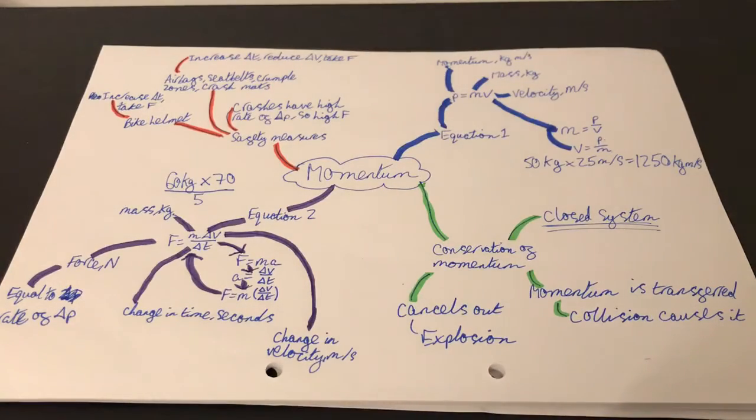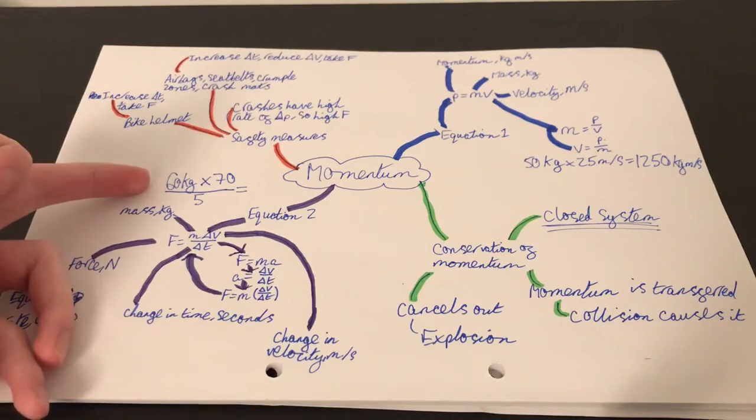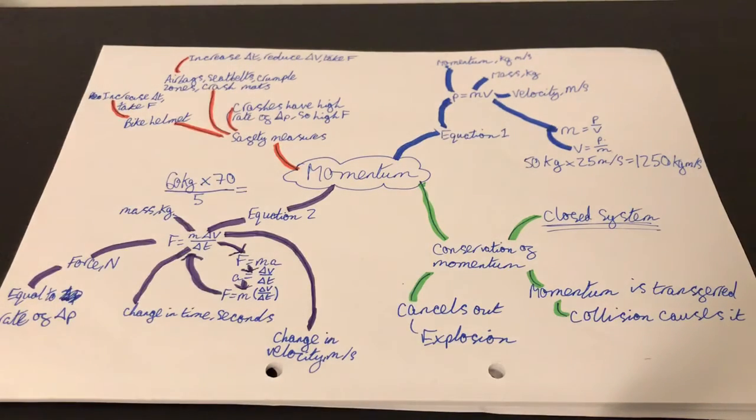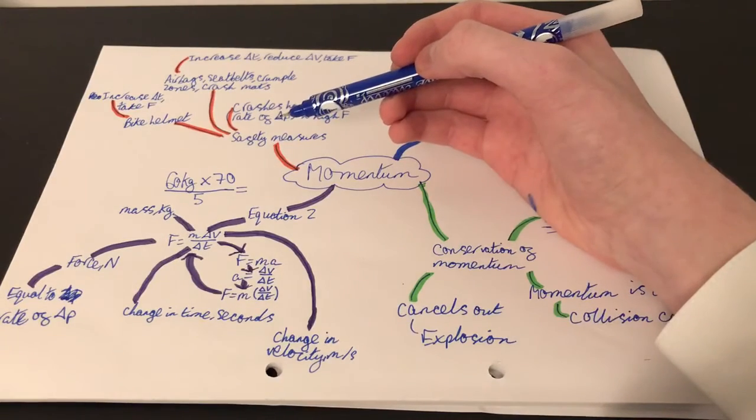So if you did that, the force that would be exerted on you, and it's not just exerted on the car, it's exerted on everything that changes velocity in that time. So it would be exerted on you as well. And obviously your mass value would be different. Probably actually this would be your mass value rather than the car. I bet there aren't any cars that are 60 kilograms out there. You never know. But if you do this, then your